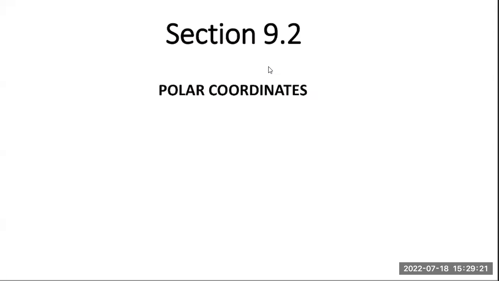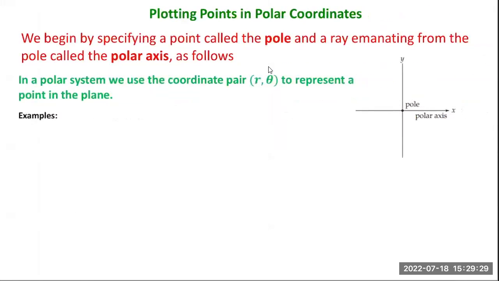Alright, in this video we will be going over section 9.2. Section 9.2 is about polar coordinates. First, I want to define something called the polar plane. Polar plane is a plane like the rectangular coordinate system. You draw two